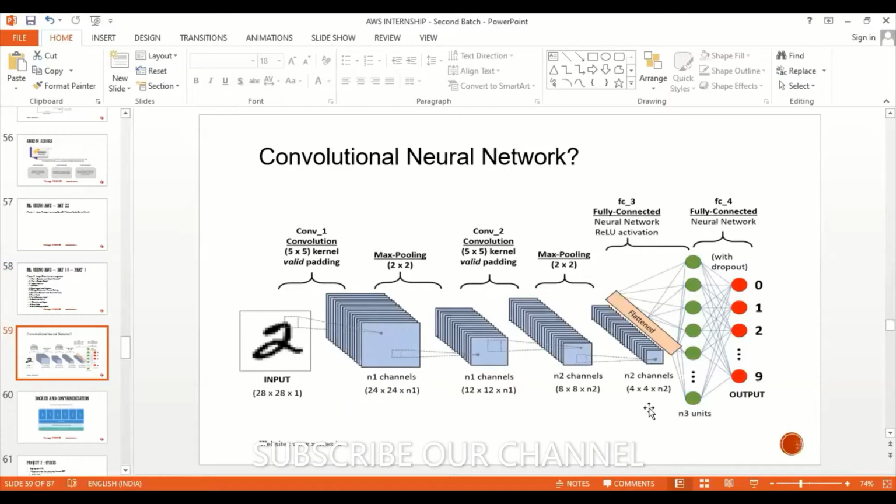So let us imagine I want to recognize this character 2. As I told you, first you should rescale this image. There I have said 300 into 300, so here 28 into 28. This is the size and this is the depth of the image. Since I have only one sample here, it is n here. Understood?